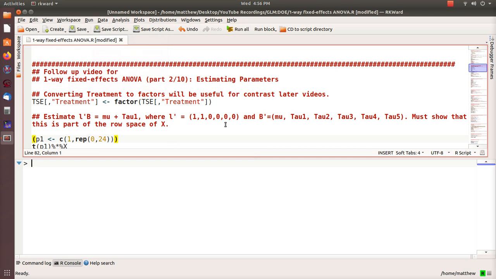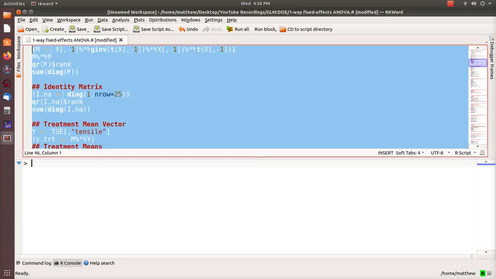Hello, welcome to the next video in a playlist that I'm calling General Linear Models Design of Experiments. And here we're going to use R to illustrate the ideas of part 2 from one-way fixed effects ANOVA, estimating the parameters. Now in here it assumes that you've watched part 1, and part 1 is above here, and so I'm going to highlight it